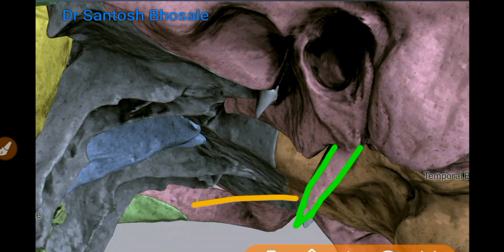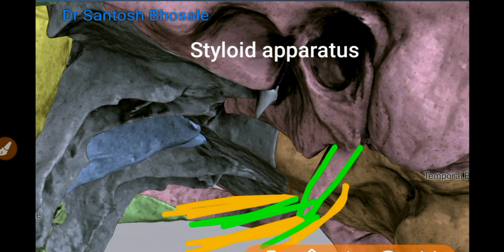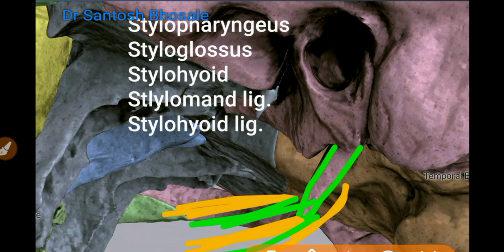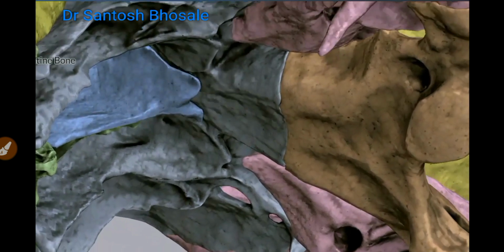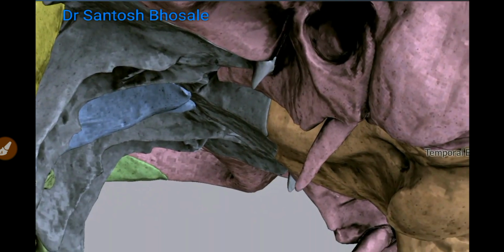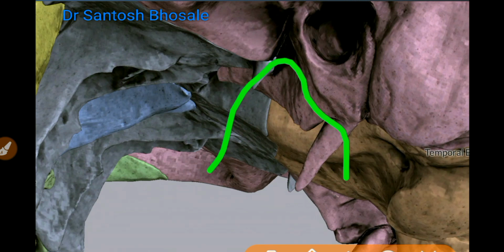So the 3 muscles are, first one is stylopharyngeus, coming from the anterior surface, from the medial side of the base, stylohyoid from the middle of the posterior border, and styloglossus from the tip. You can see stylopharyngeus from the anterior border, from the tip styloglossus, and from the posterior border stylohyoid, and 2 ligaments are stylomandibular and stylohyoid. Because of this attachment, 3 muscles and 2 ligaments, it looks like a bouquet, also called Riolan's bouquet,